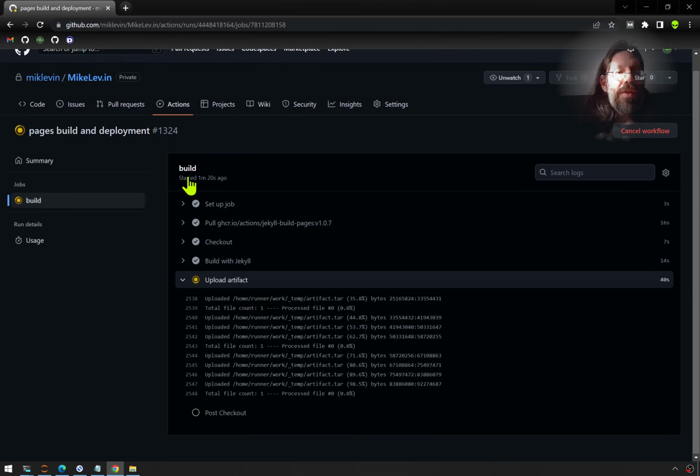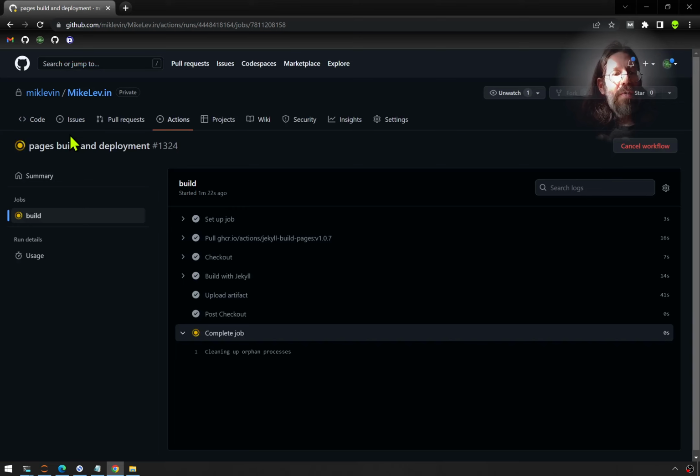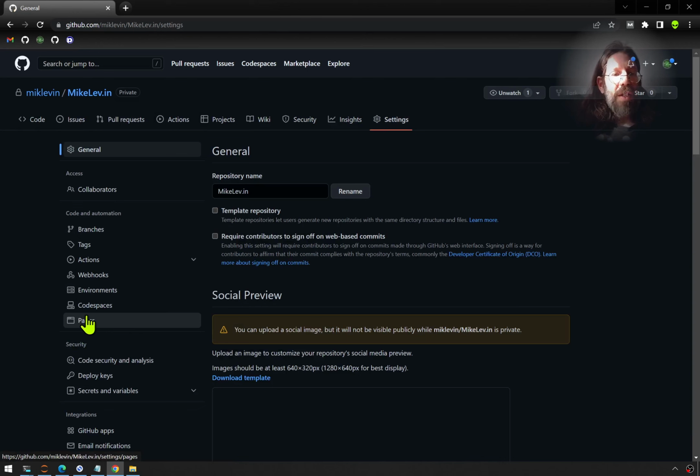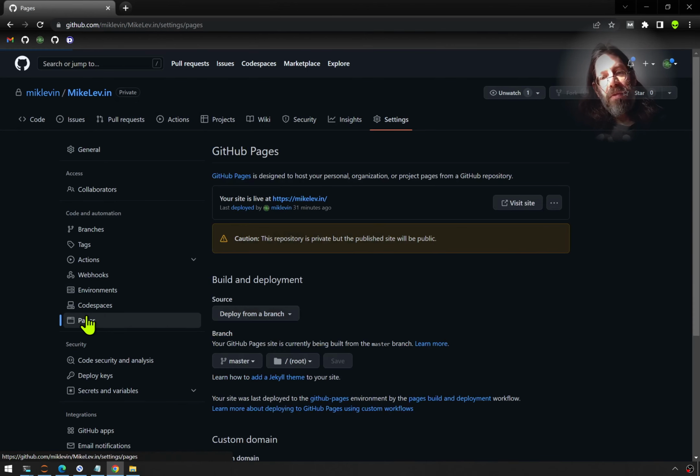And for anyone who doesn't know, if you have a GitHub account and you keep your code on GitHub, you can web publish using the same thing I do. It's just settings, pages,